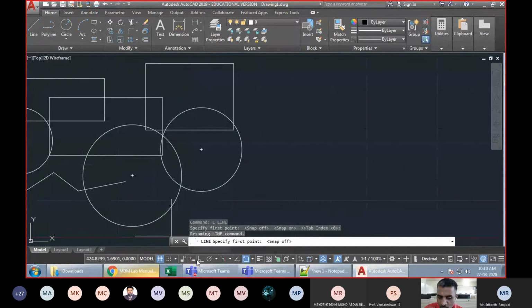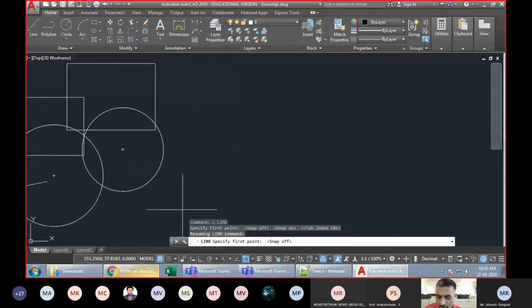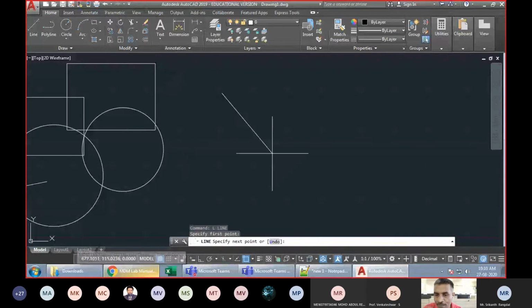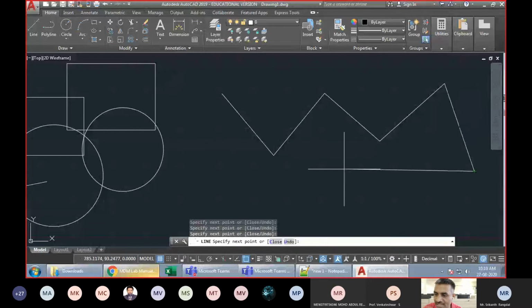Let's go to the next option, which is very important, ortho and polar. You might already be knowing what ortho means. Ortho means perpendicular, 90 degrees. So when I draw a line or something here, you can see I'm able to draw the line at any angle. Randomly, I'm able to click at whatever angle I want. But suppose you want lines only to be horizontal or vertical.